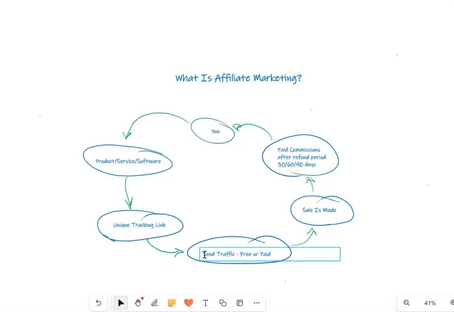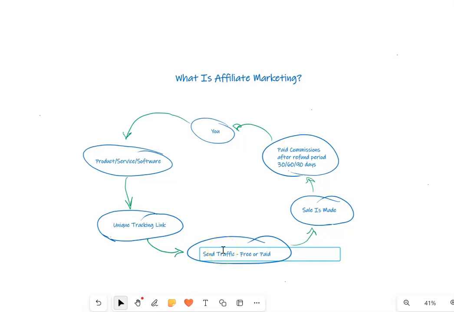Once you know that everything is working well, then you can go to paid methods to really scale this up quickly. If you just start with paid methods and you don't know what you're doing, it is a quick way to go through a lot of money very quickly. This is one reason why so many people end up quitting with affiliate marketing in the beginning: they have tried methods that are not great for beginners and they have spent all their money and it hasn't worked, so they get discouraged and quit. So I always recommend starting with free methods.